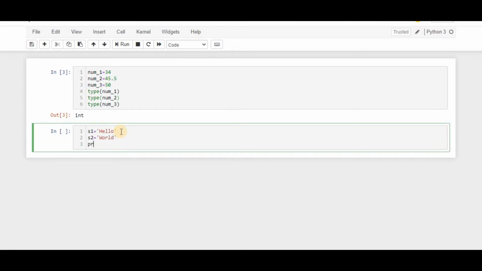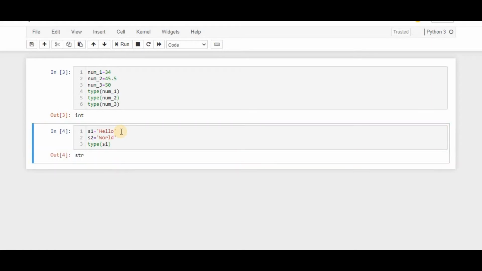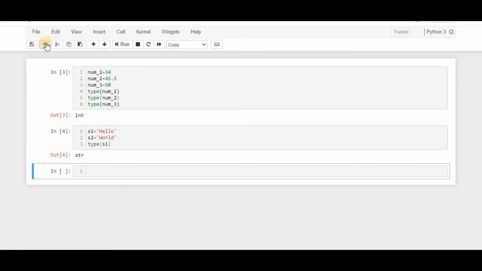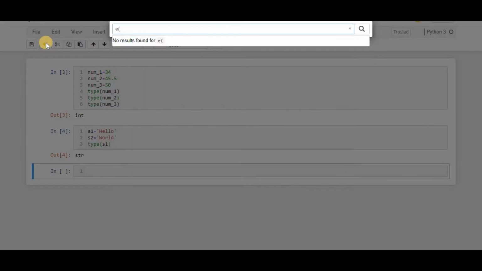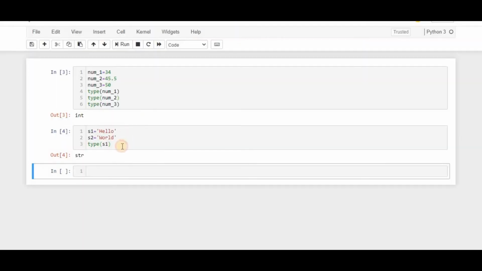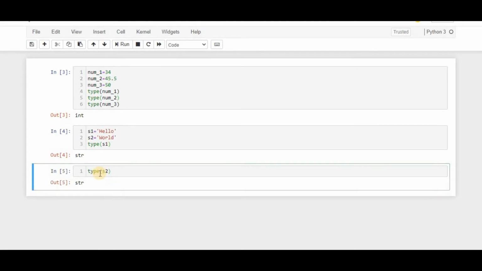And now first we'll see what type of value s1 is holding. See, if you observe here, str is nothing but the short form of string. So type of s1 is string, and we will see what the type of s2 is also. Type of s2, Control Enter.